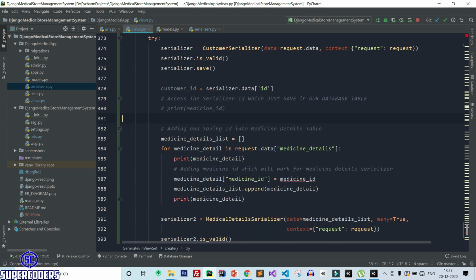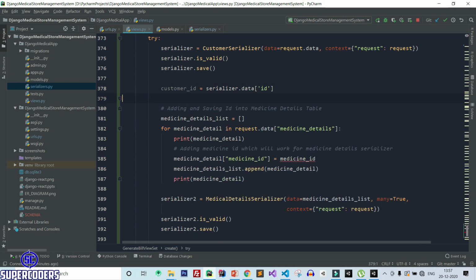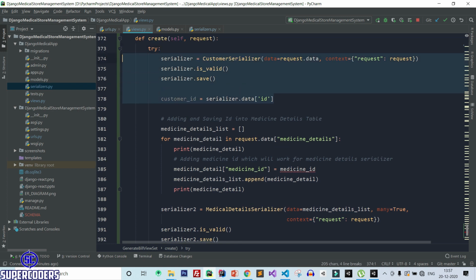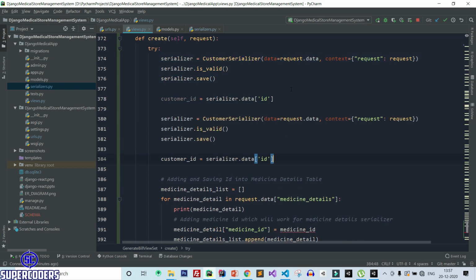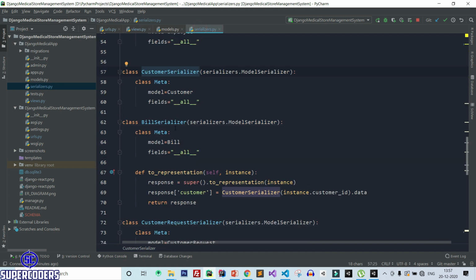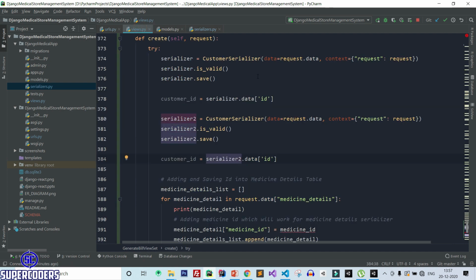After that we need to save bill. So here we need to add one more line. So just copy the above code and paste again and paste again. Now change this to serializer 2, and this time we need to save the bill. So bill serializer. So again back to serializer and here is bill serializer. So copy the serializer name and come to views. Now paste this serializer name of bill. Import the bill serializer.